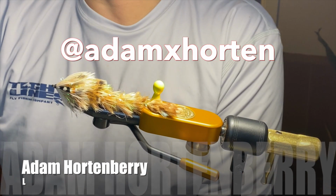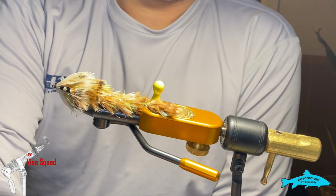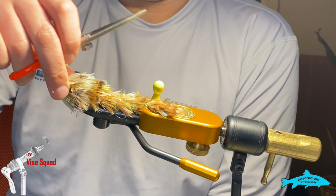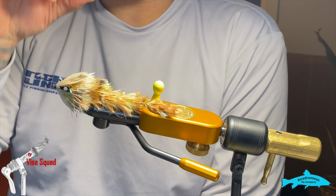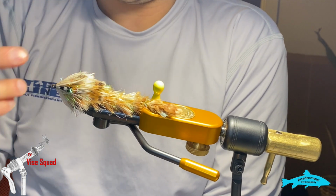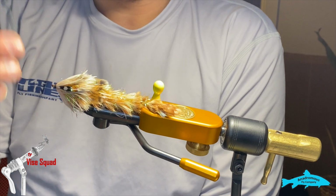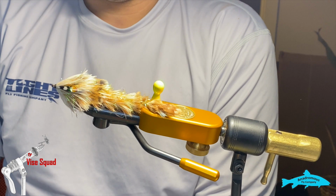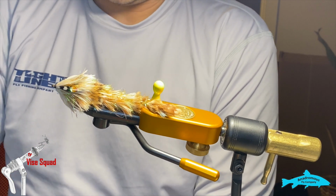Adam Hortonberry here today. Today we are going to be tying my variation of the Feather Game Changer. It's not exactly like how Blane does it. I do a flicker tail at the end. I do the pec fins, which he does. But yeah, it's a little different hook. It's not particularly unique in any way, but that being said,